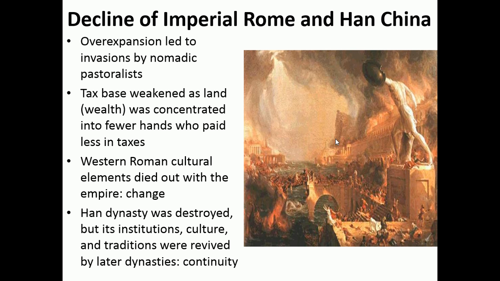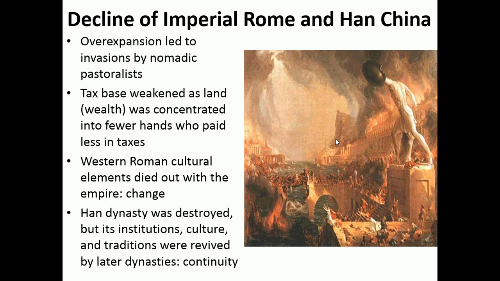And it really became more exacerbated by the fact that in both empires, a lot of the wealth was concentrated up at the very top of the social hierarchy. So instead of having a lot of people with some money who would pay their taxes, you had very few people with almost all of the money. And what they did is attempt to, and successfully, use their elite position within society to decrease their tax payments. So just at the time when they need more taxes to finance the protection of these huge borders, they actually are decreasing their tax base.